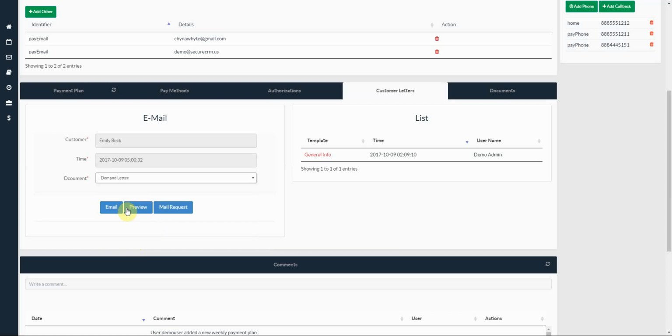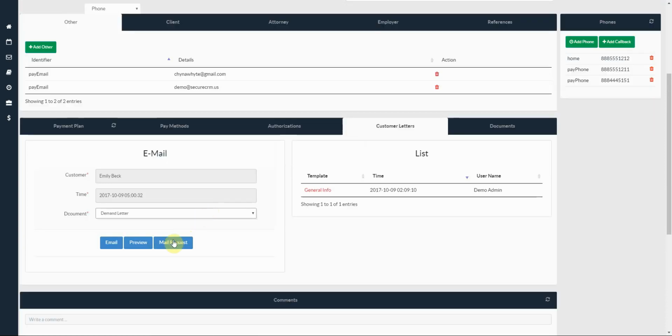Once you click on the demand letter, you have three different options. You have the option to either email it to the customer, preview it, or mail it. If you need to preview it, you just click on the preview button. This is going to open the document for you to preview,